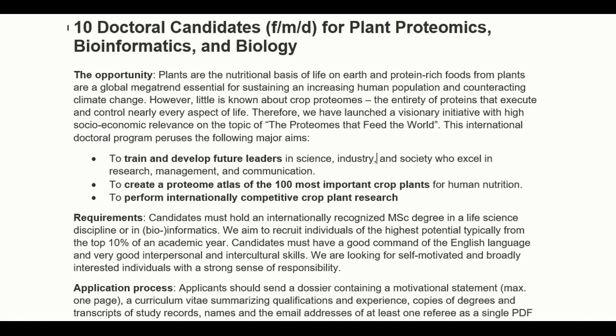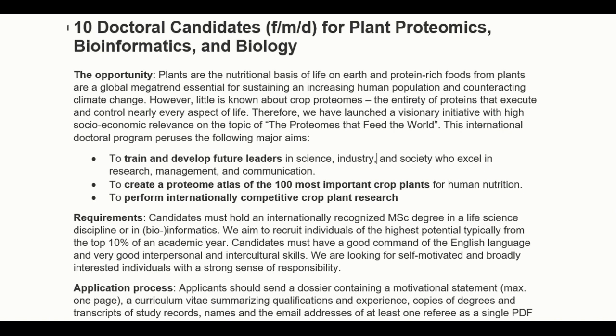Here I just copied a few things in a Word doc, took a screenshot and added that in my slides, just to give you an idea of how to write a motivation letter according to this PhD position ad. First of all, I will skim through the paragraphs. I won't be reading the whole document. You can pause the video here and read it thoroughly, and then decide what you should write in your motivation letter according to this position.